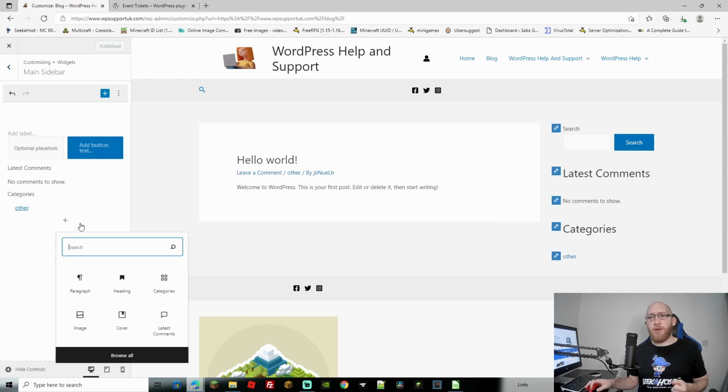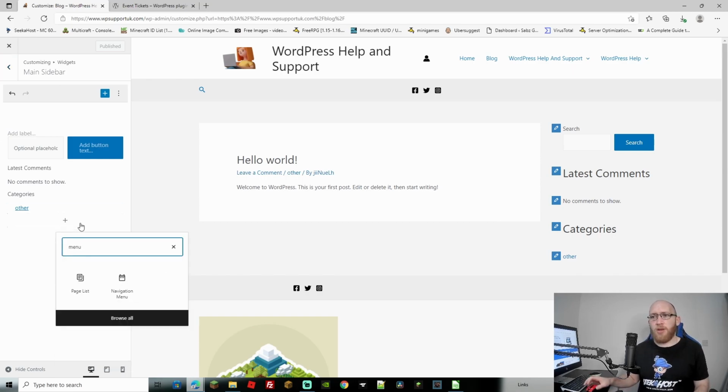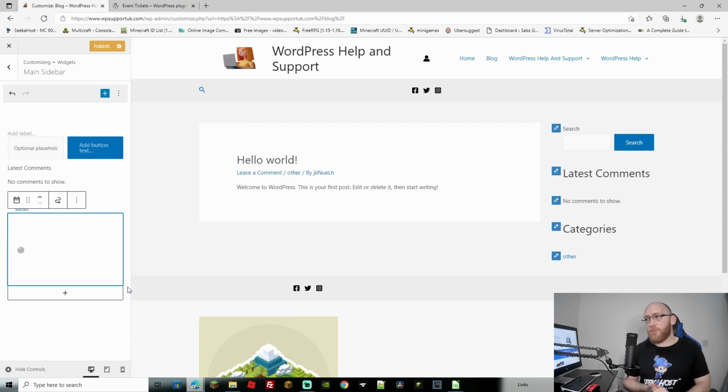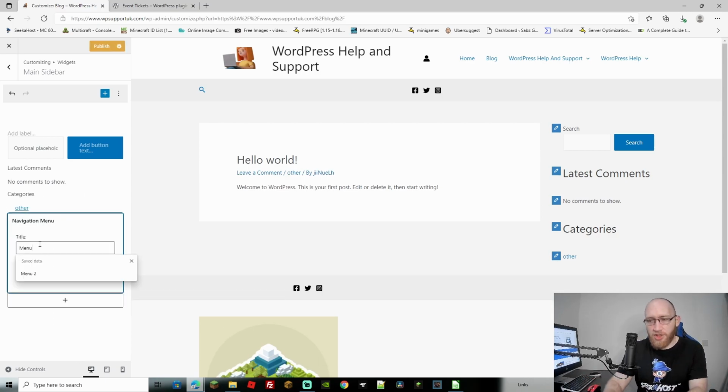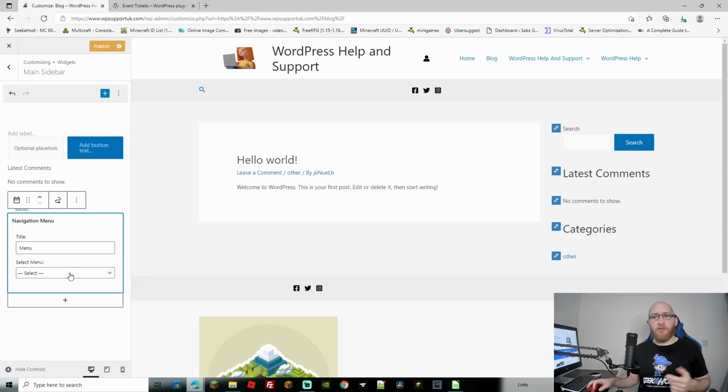So if we come onto here, we do a plus and we search for menu, you're going to see that we get a navigation menu or a page list. So let's just go for navigation menu, and you can title it something. So let's just put menu, for instance, just for a test, and then you can select the menu that you want. Now, of course, you can have menu 1, which is the main menu, which we done on the top of the page, or you can create other sub menus that don't show up on the top,